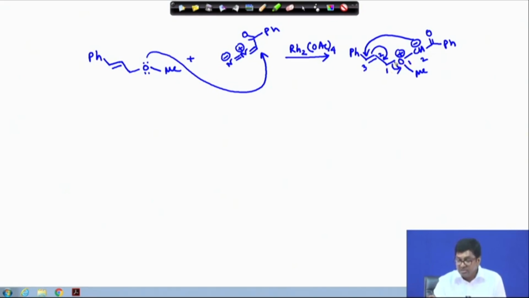So, this bond is breaking over here and the new bond is forming through here and here. Is it clear? Okay. So, if it goes via this 2,3 sigmatropic rearrangement, then the product will be